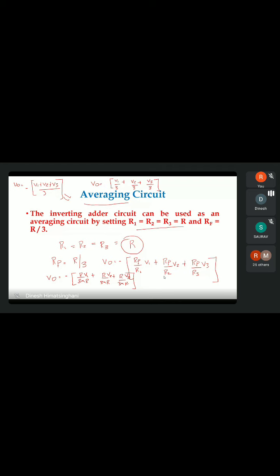So not much, but we need to finish the 2 units, and I'll first start solving the problems next time on inverting amplifier, non-inverting amplifier, voltage follower. Those problems are very simple. So we will start solving problems for summing amplifier, inverting. I'll show you 1 or 2 problems, how you work, and then we will go ahead and talk about comparator, integrator, differentiator, and subtractor.